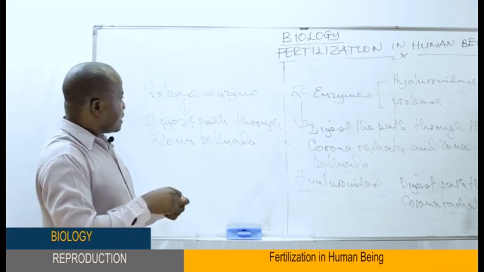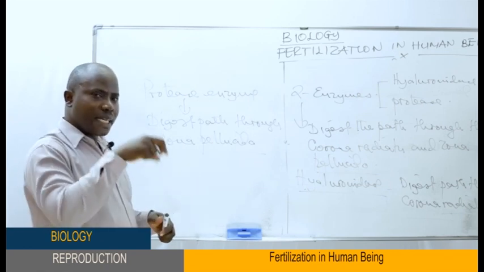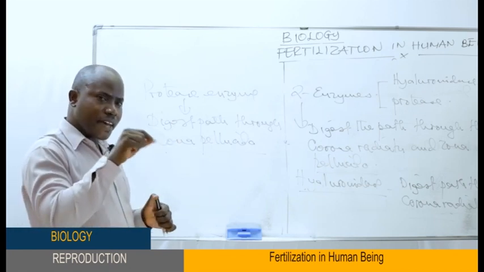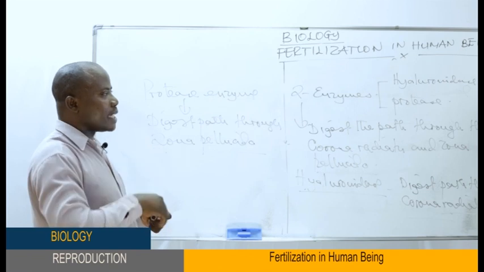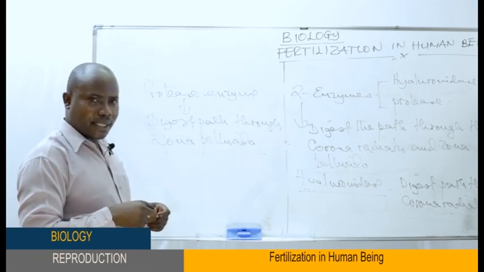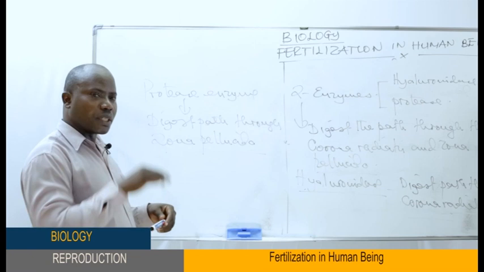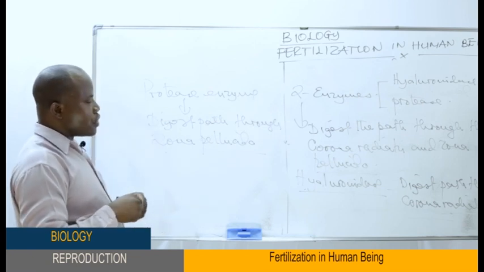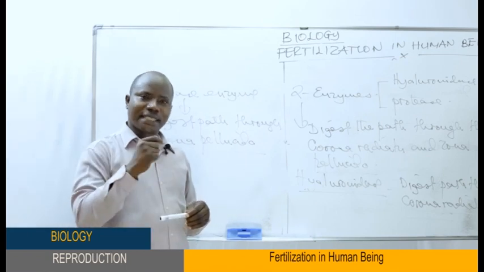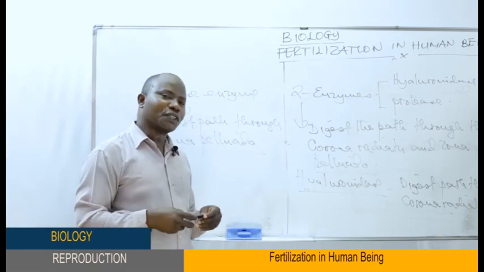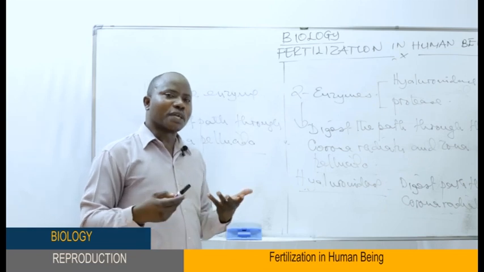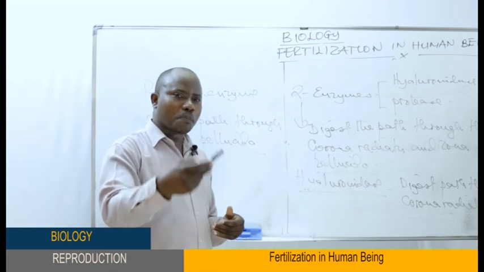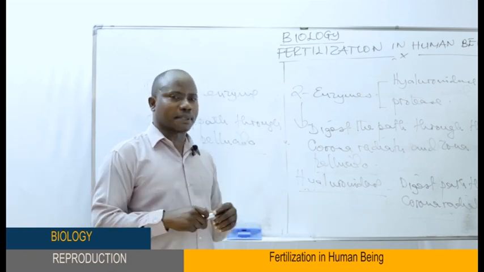When this layer has been digested by these 2 enzymes to make a very fine path, the sperm cell can enter the egg cell, from outside to the inner part of the egg cell. By so doing, you'll have responded correctly to this question. What you need to do, my dear students, is to explain the importance of acrosomal reaction, and to explain the role of the two enzymes.